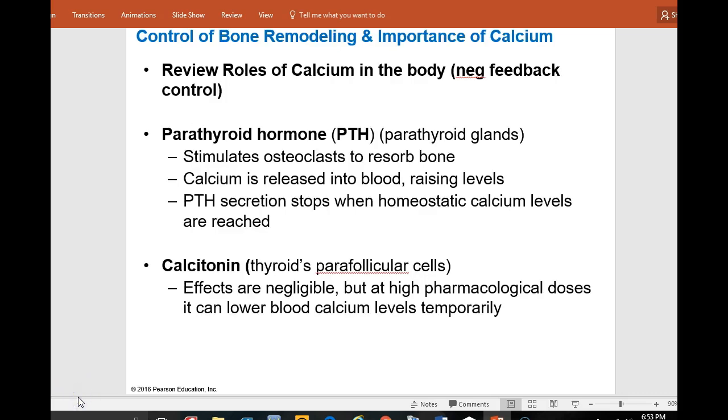So as you know, calcium is critically important in growing bones. So we're going to talk about two hormones that influence how much calcium is brought into bones and how much calcium is released from bones. So when you're young, or when you're growing bone or repairing bone, calcitonin is the hormone that would be